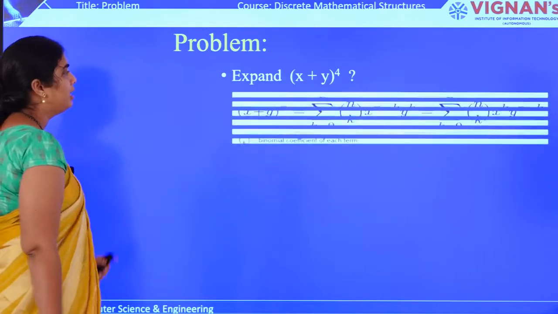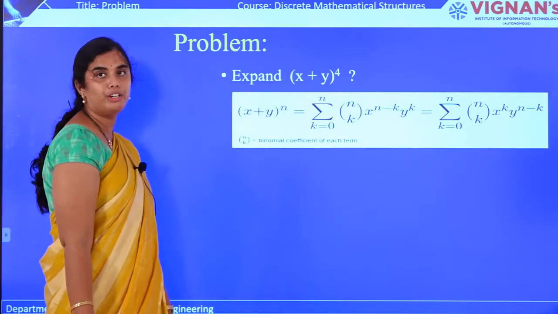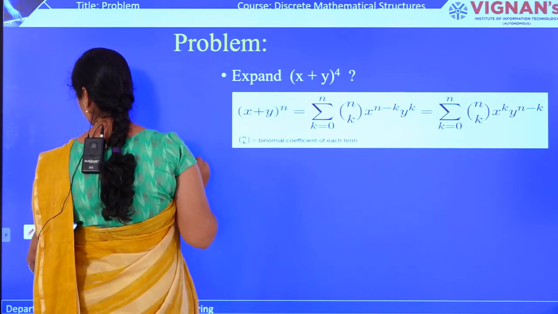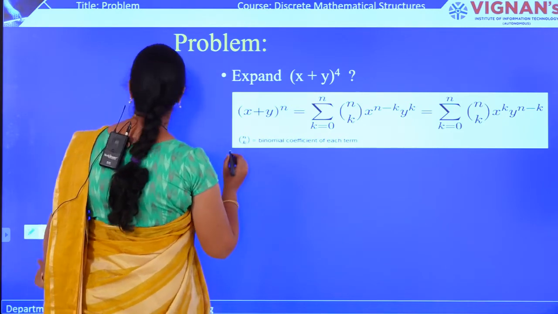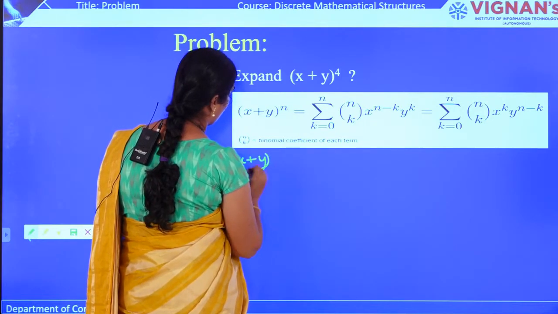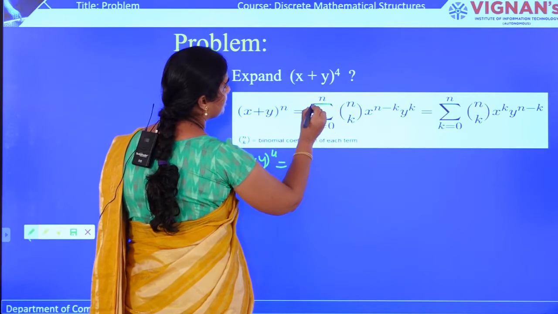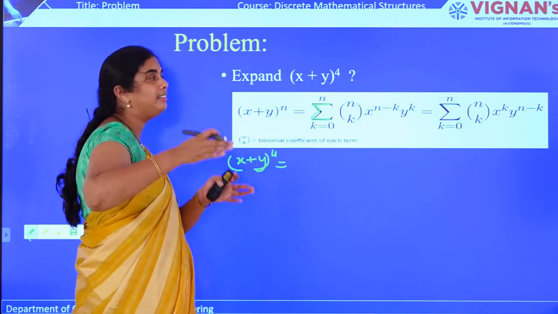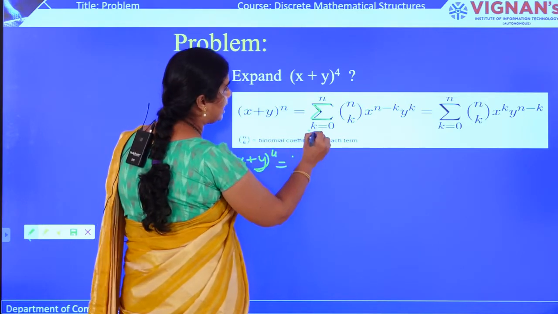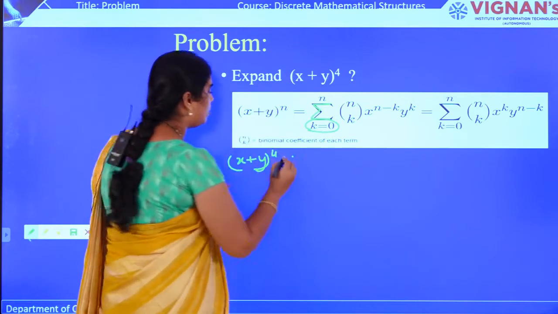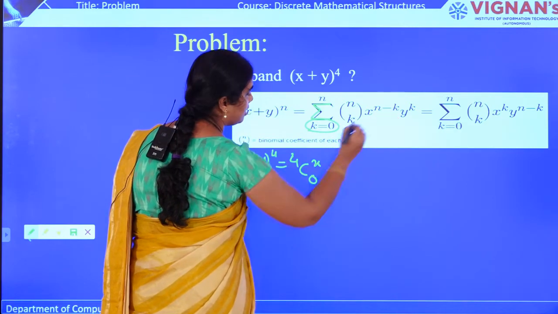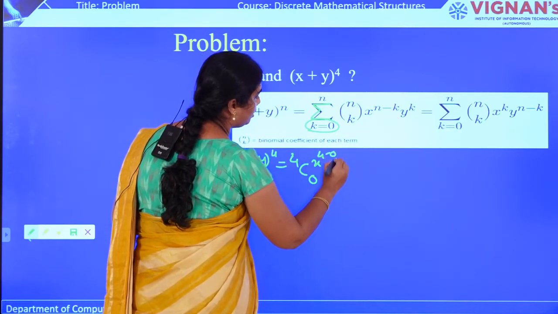After solving this problem, you will be familiar, and this is the formula through which I am going to solve this problem. Let us expand this. See guys, here it is (x plus y) whole to the power of 4. According to this formula, sigma means addition. We need to add terms one by one, and the first term, with k equal to 0, will be 4C0 into x to the power of 4 minus 0 into y to the power of 0.